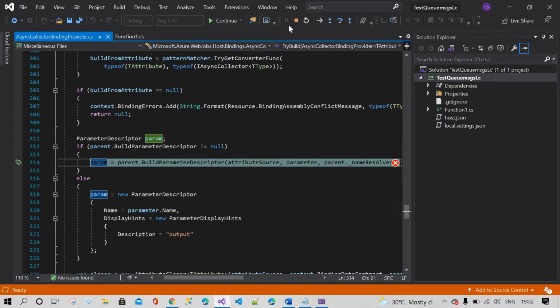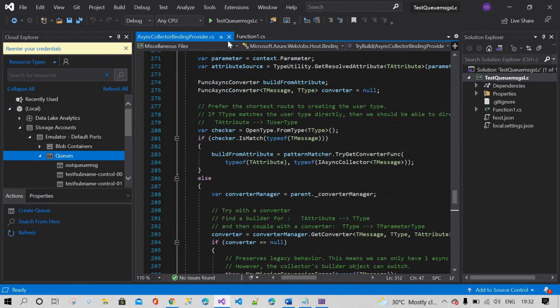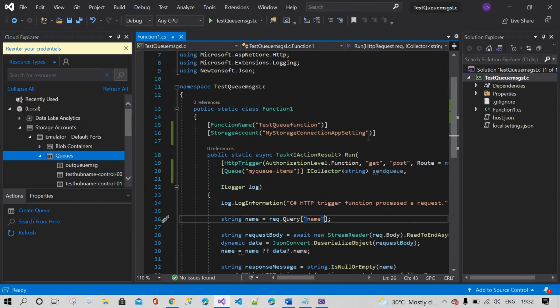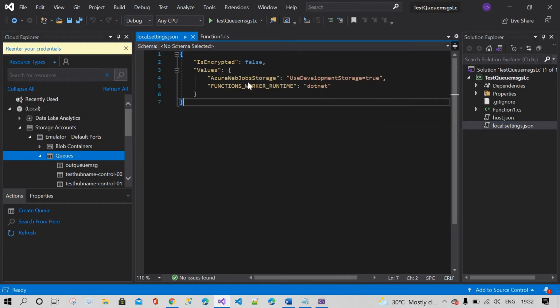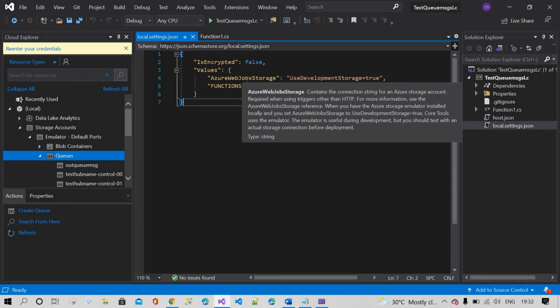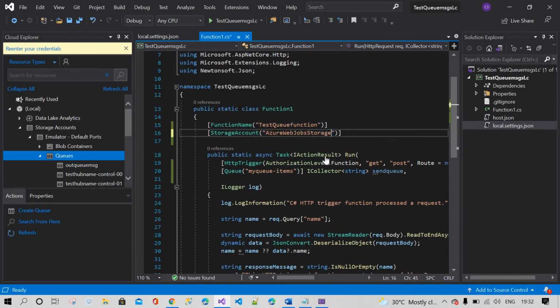Okay, sorry, I need to add the storage account name. Yeah, this is the storage account name where our storage account is available. Everybody knows UseDevelopmentStorage=true. It means we are testing locally with the storage emulator. Okay, now I'm going to build again.